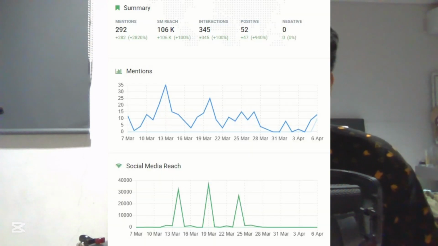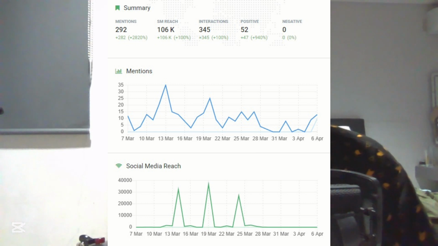As a relatively new venture with little to no market space in the consumer space, Paper.id's digital analytics are a bit all over the place and in need of a lot of improvement. As per our research regarding their online presence, it is somewhat lackluster, with a social media reach of 160,000 but only 202 mentions and 345 interactions online, especially with an estimated more than 600,000 businesses using Paper.id. These numbers do not add up.